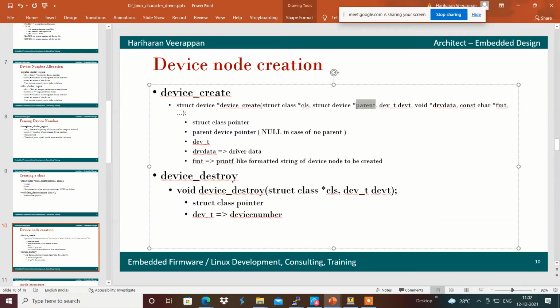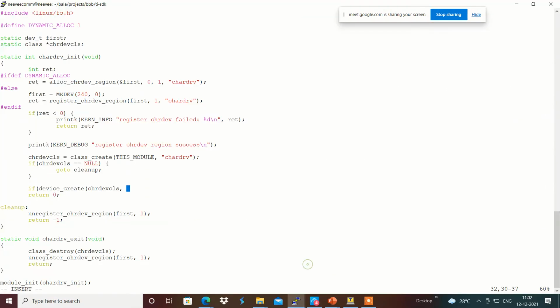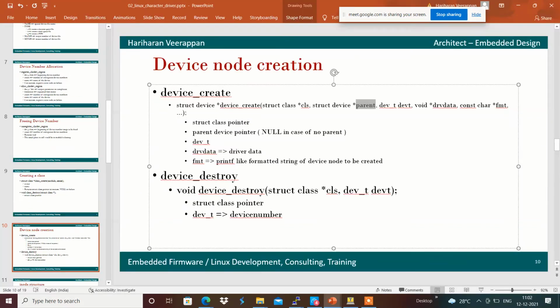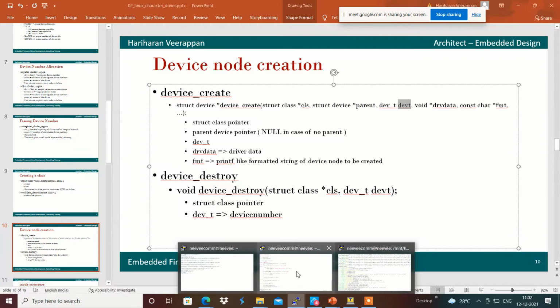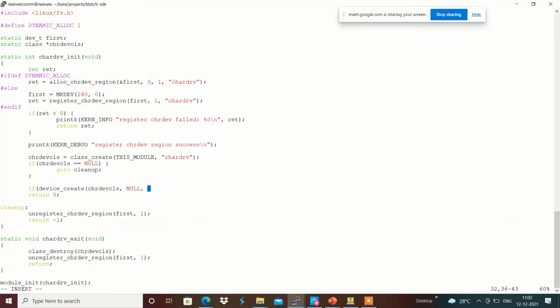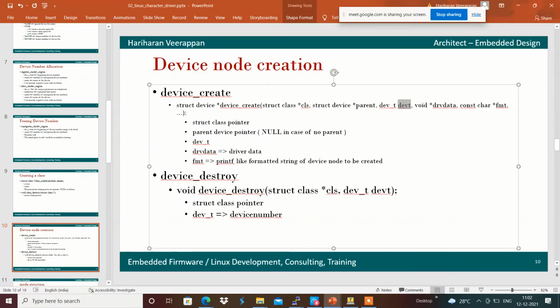If there is no parent present, then we can give the argument as null over here. Then the next argument is the dev_t, in which it wants to create the device node. First is the dev_t that I'm going to give, and then we will have the driver data.